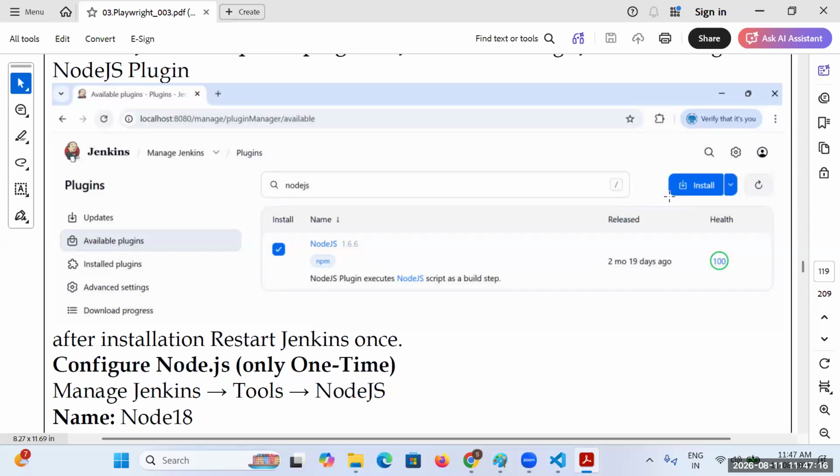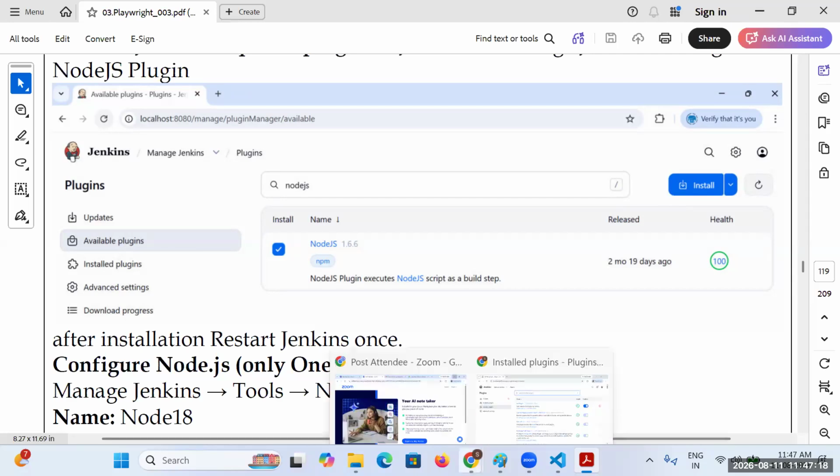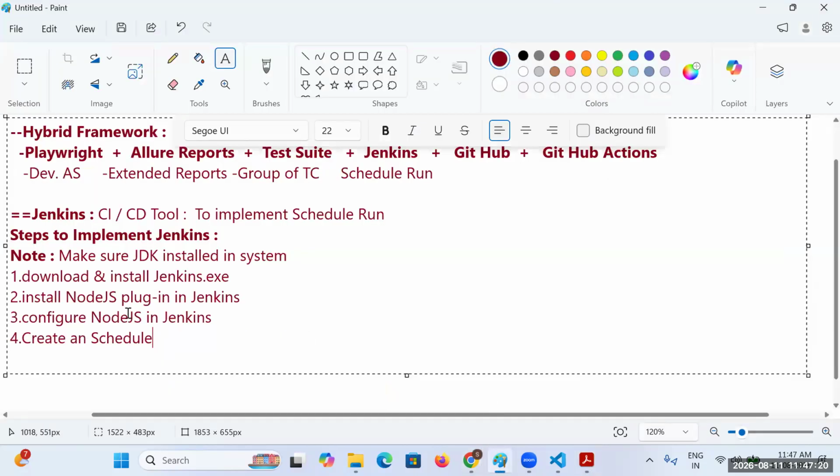Once the installation is completed, we will have completed the second point. The first point is download and install Jenkins. The second point is install the Node.js plugin in Jenkins. The third one is that you need to configure Node.js.